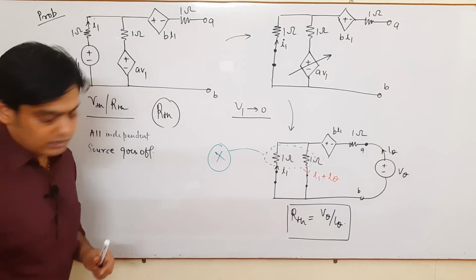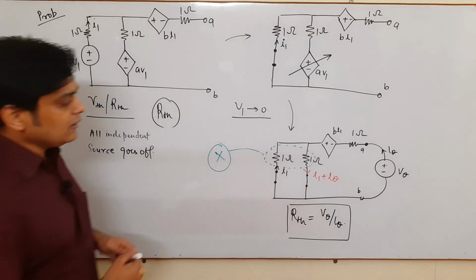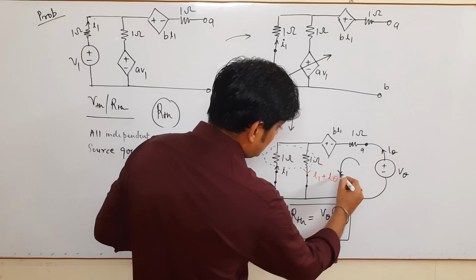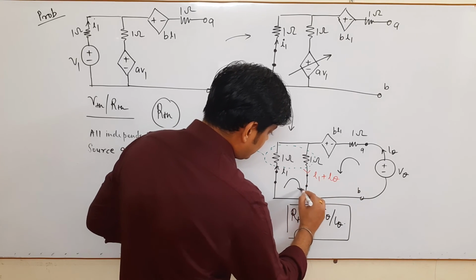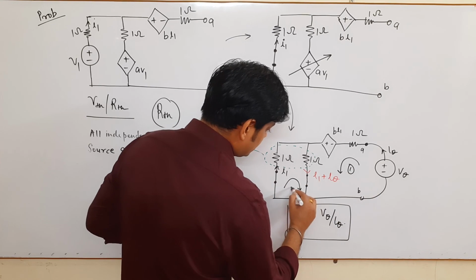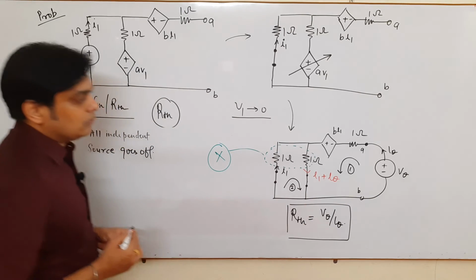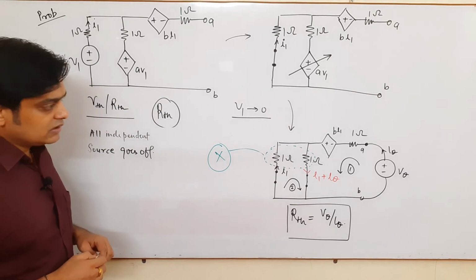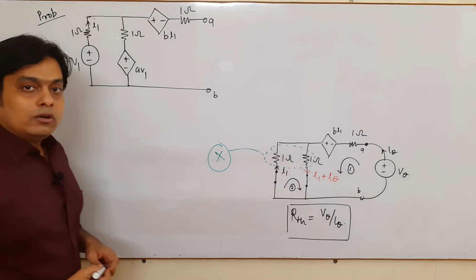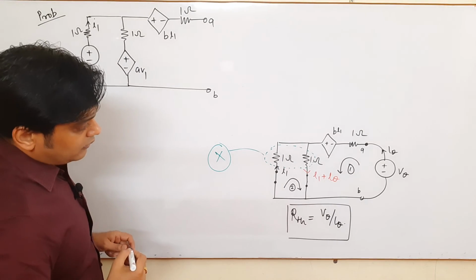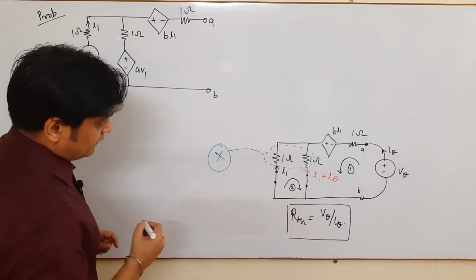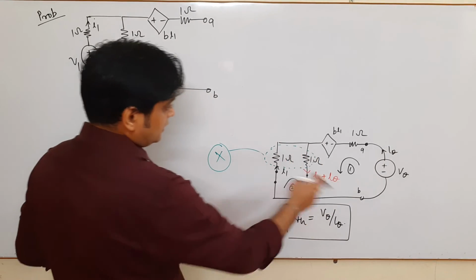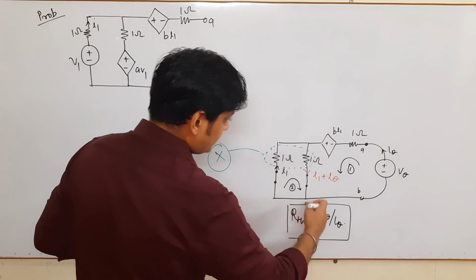Very important thing. Now if I apply the law of KVL here and here, say it is 1, say it is 2, so yes, you can easily find the value of Vθ by Iθ. We will see how we find the value of Vθ by Iθ. First we apply the law here, that is KVL.